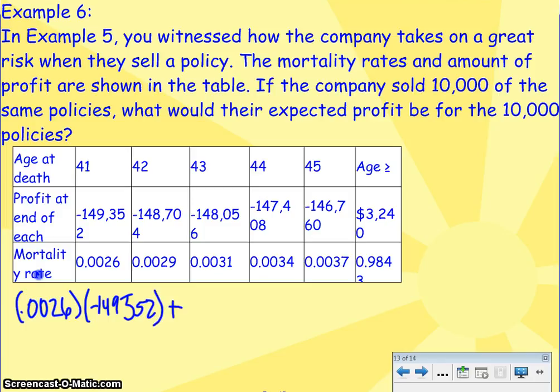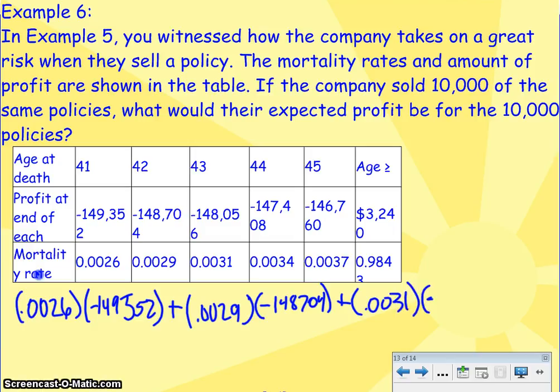Plus, we're going to do that again the next year, so 0.0029 times negative 148,704, plus 0.0031 times negative